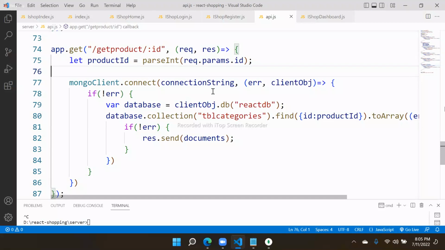So we have get products, and get product based on ID. You can also get products based on category. So based on category, we want to get all the products. Then we have to return products that belong to a